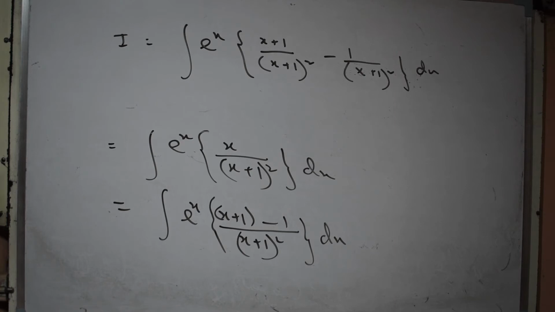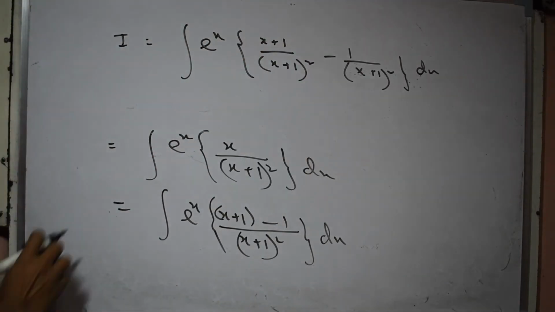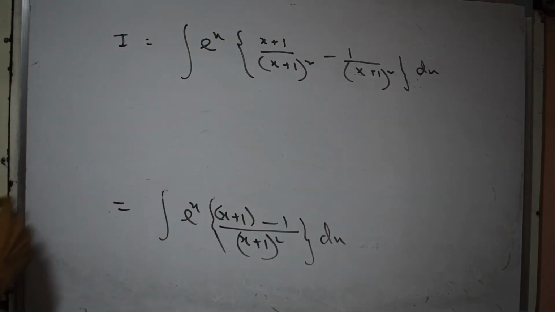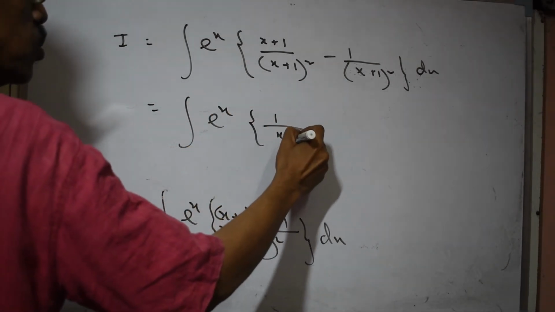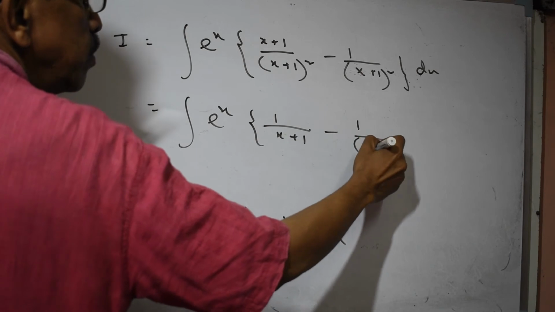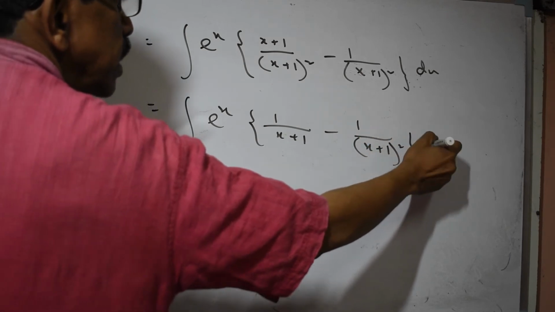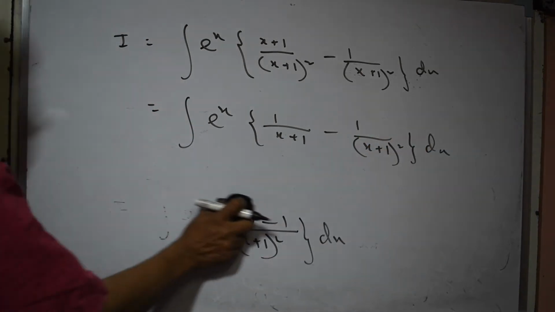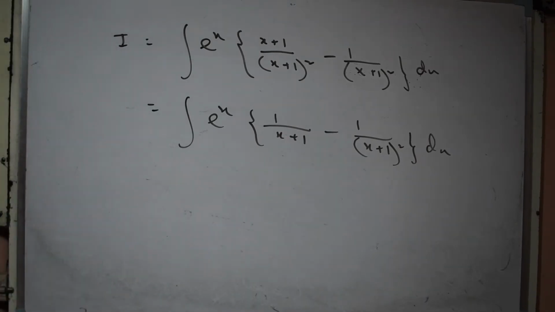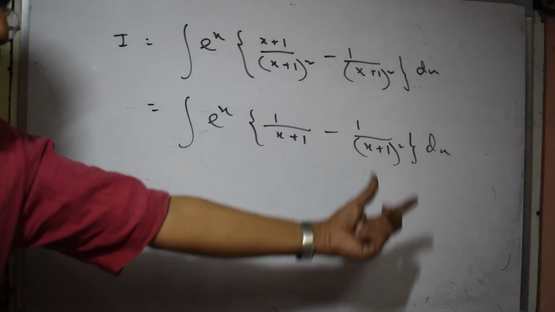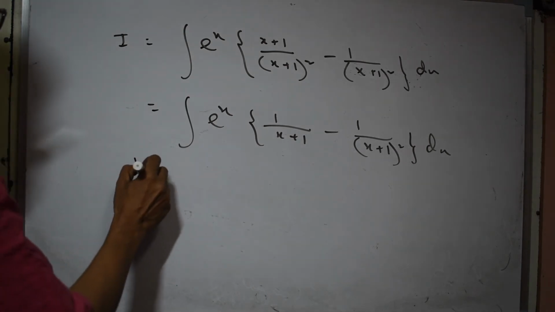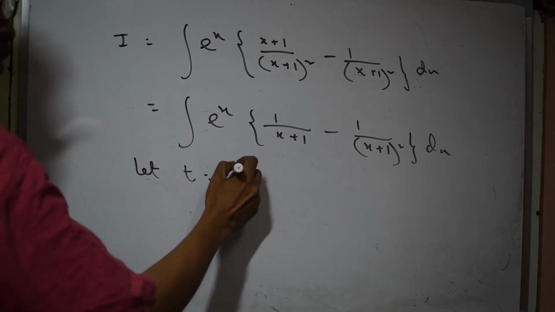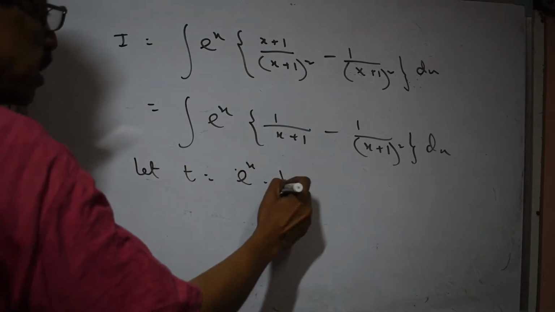Now if you look, x plus 1 is cancelled in that first part. So it is e to the power x into 1 by x plus 1 minus 1 by x plus 1 whole square dx. This is the integration of the whole thing. Now you watch. This is f x, that is f dash x, because derivative of 1 by x plus 1 is minus 1 by x plus 1 whole square. So if I take t is equal to e to the power x into 1 by x plus 1,